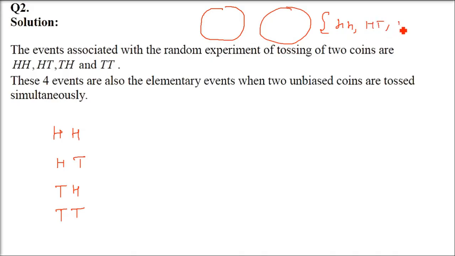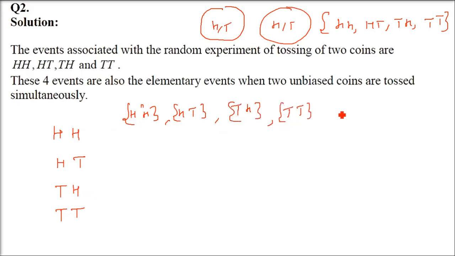So what is our set? What is our sample space? Sample space is HH, HT, TH and TT. So head or tail, head or tail can come. This is all the possibilities. These are the elementary events. Now we have to find out the events. Events are what? All the possibilities taking all these under the sample space. So let us take one by one. We'll take 1 at a time, then 2 at a time, then 3 at a time, then 4 at a time. So taking 1 at a time: HH, HT, TH and TT.